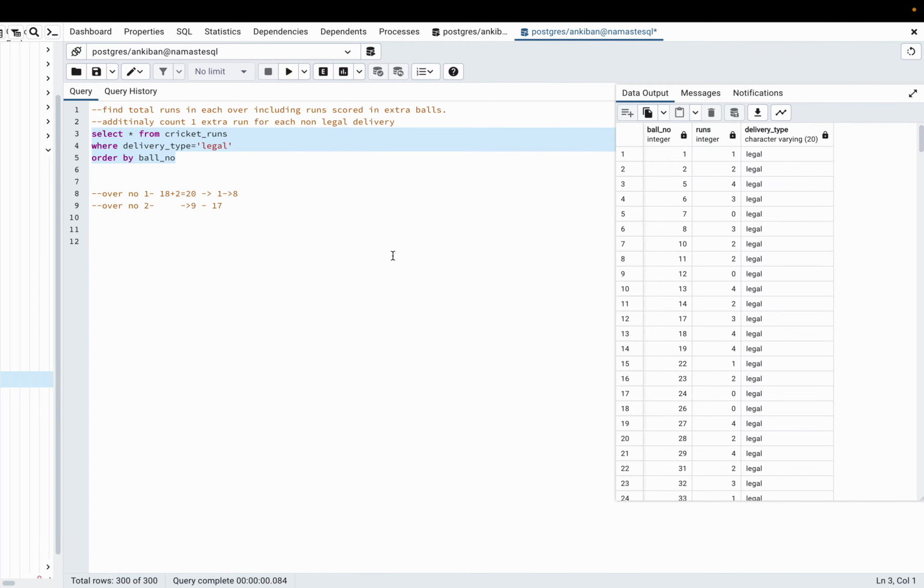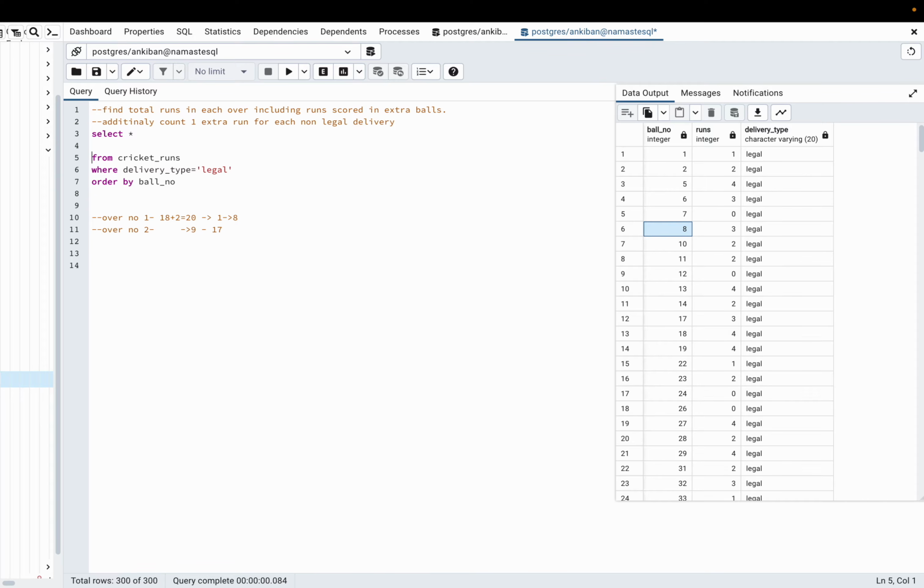Now here, ball number 1 till 8, till 8 we have 6 balls, right? But how will I know till how many balls I have to take for the first over? I don't know. So I will generate a row number, so that I will have row number from 1 to 300 and then easily I can divide it into 50 overs. So what I will do, I will say row underscore number,